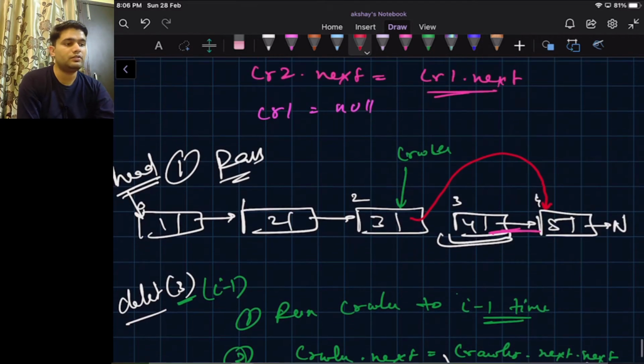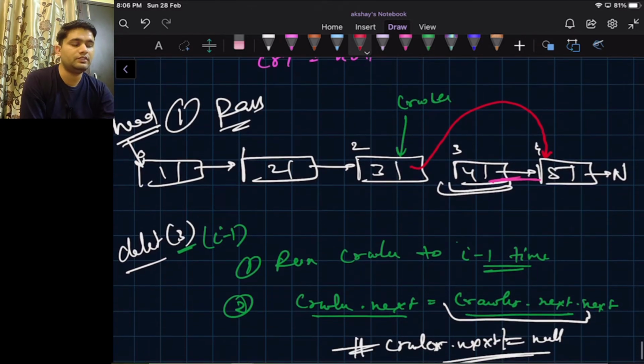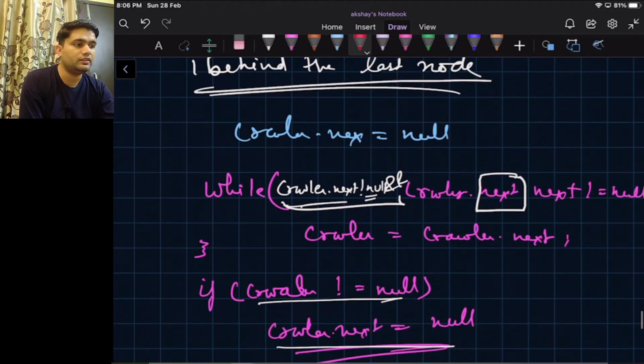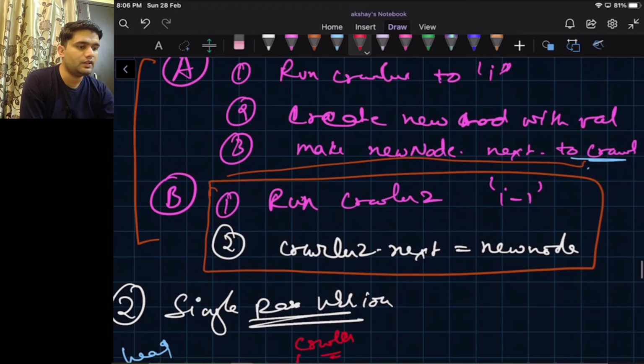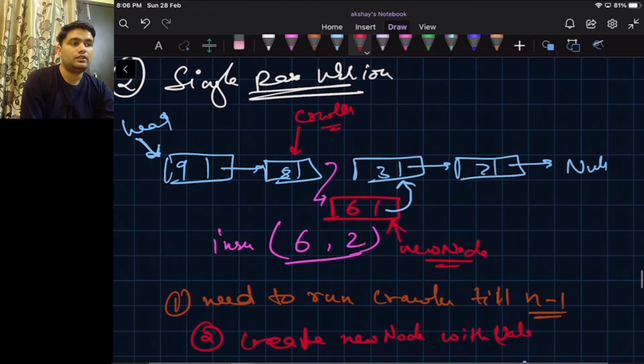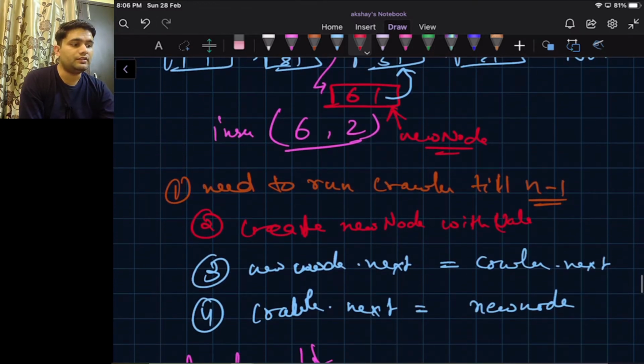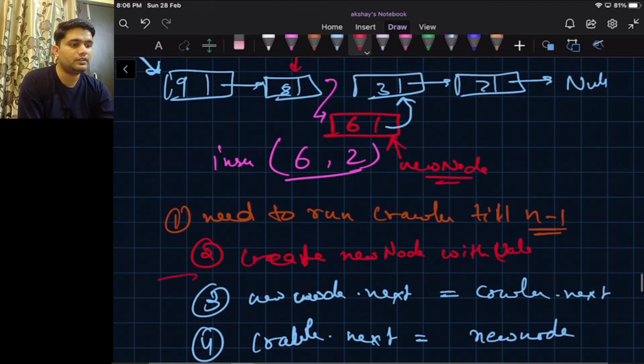Okay, so this is how the deletion part happens in a linked list. One thing I missed in the insertion part, when doing a single pass insertion, these statements are very important sequence wise. That means if we switch the sequence, that if we run 4 before 3, we will end up losing half of the linked list, because we will end up losing the pointer to the next node. So be cautious about that.